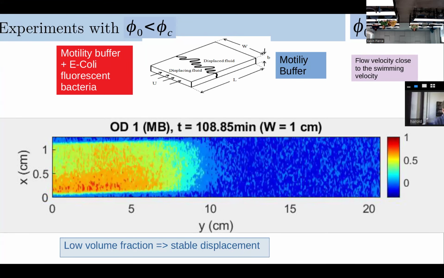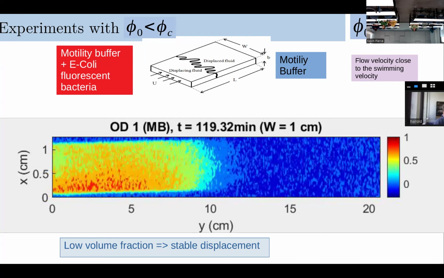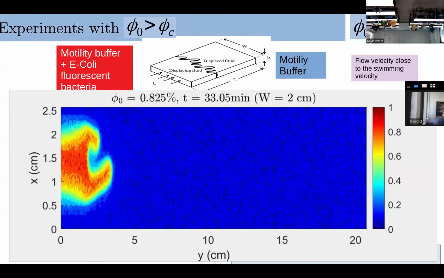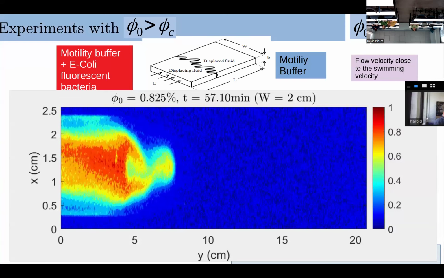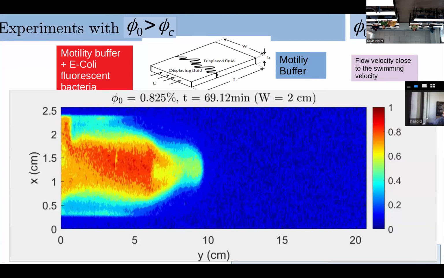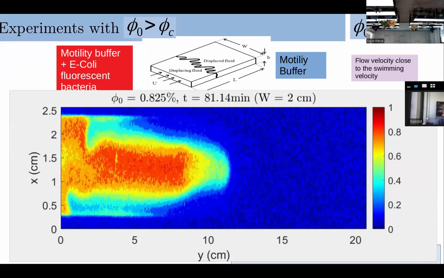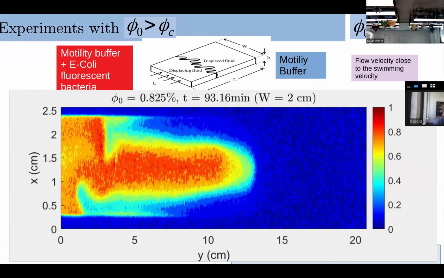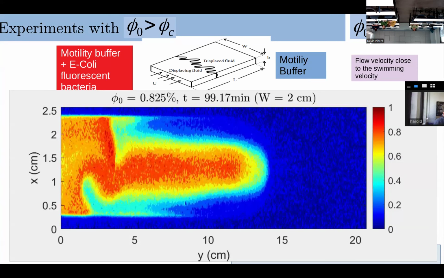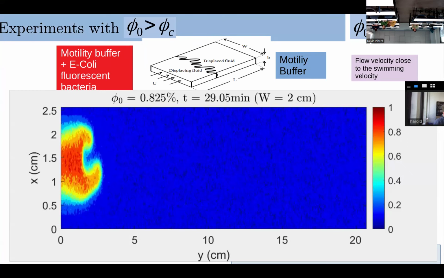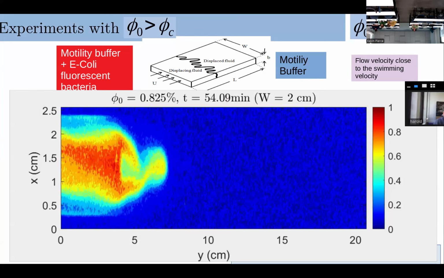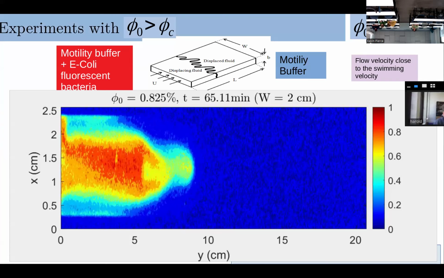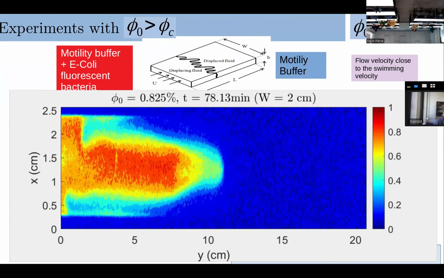Now, if you increase the amount of bacteria in your suspension, you see that now you have a finger that develops. It seems that it's an instability that we are able to observe. So you see the finger. You see the progression of the finger